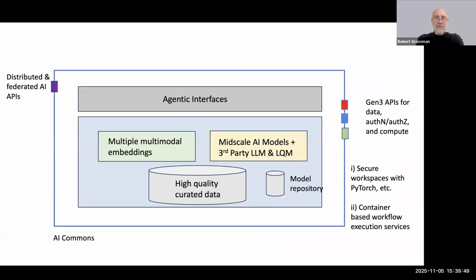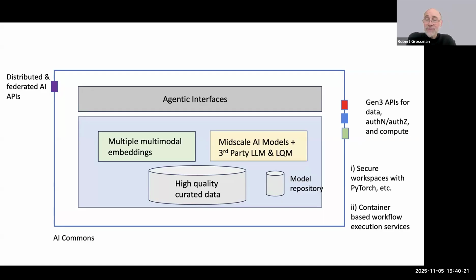I'm going to try to explain things in this picture. On the right, and I'll do this from a Gen 3 perspective where we have a microservice-based architecture. We use the end-to-end design principle where we try to have as few core services as possible that last a decade or more, and then build new ways to get data in, new ways to visualize the data, but the core architecture stays the same.